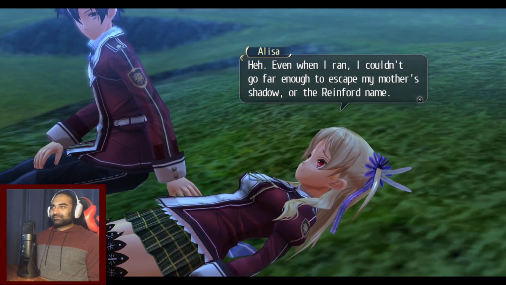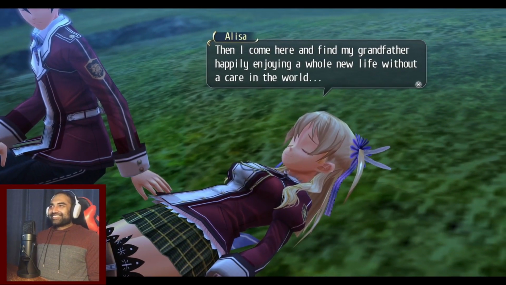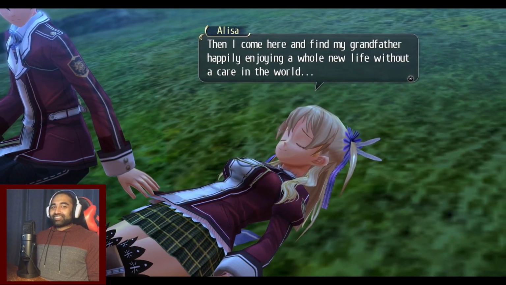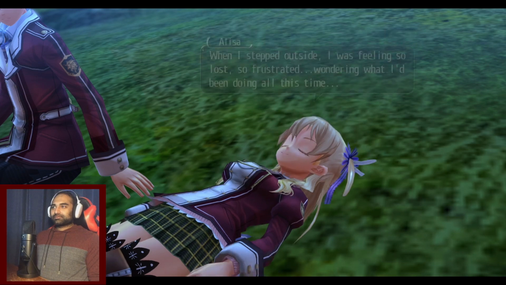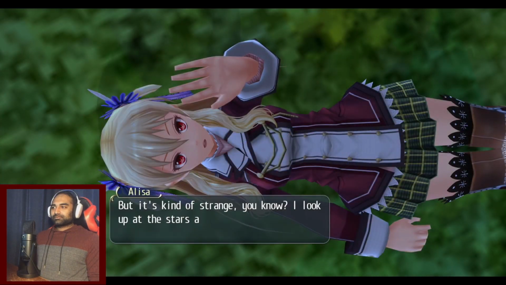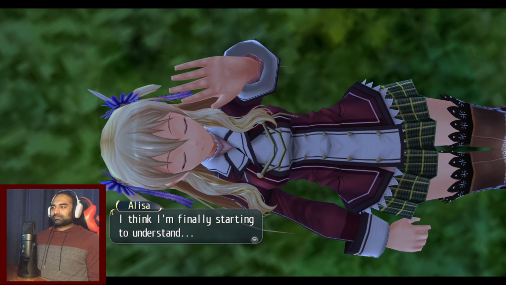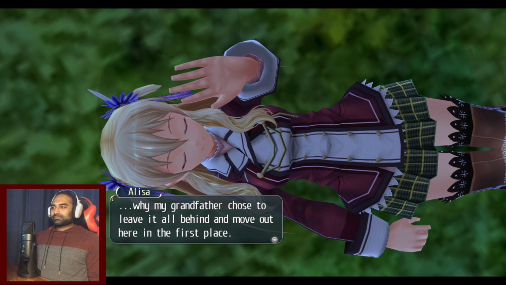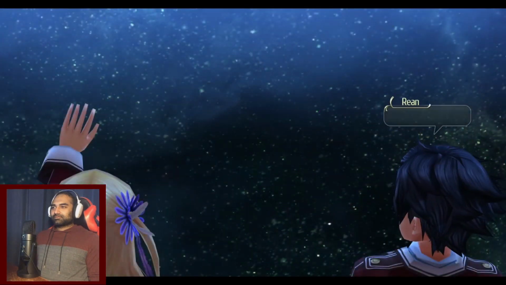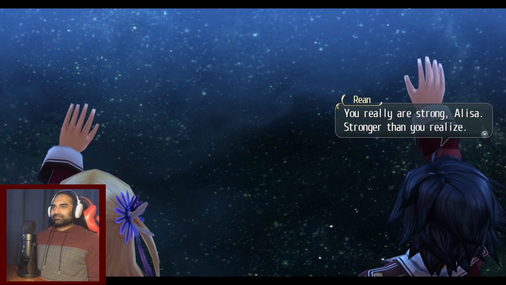でも結局全然母と家から逃げられてなくて。Because she was literally the board of directors. おじい様はおじい様でひょうひょうと第二の人生を楽しんでて。That had to have hurt. 私一体何やってるんだろうって少しめいってたところだったけど、この星空を見上げたらどうでもよくなっちゃったわ。やっと分かった気がする。どうしておじい様がこの地に移り住んだのかを。そっか。やっぱりアリサは強いな。